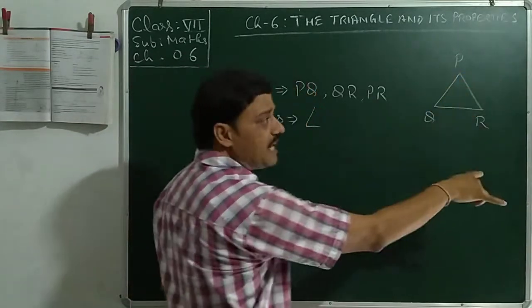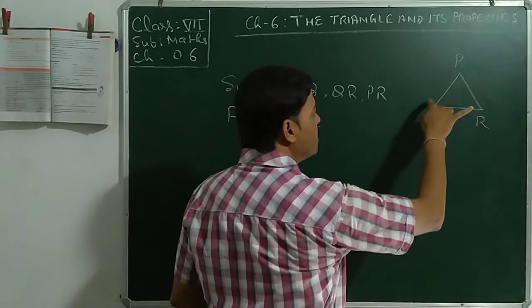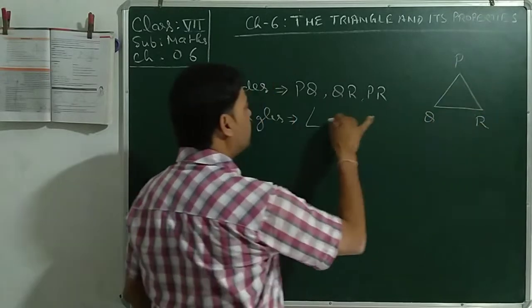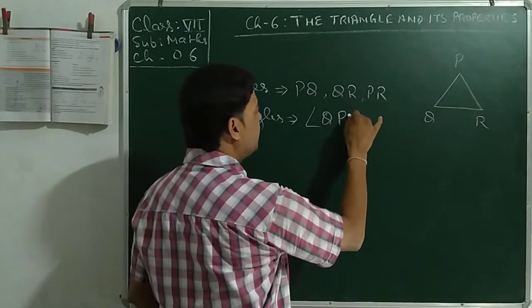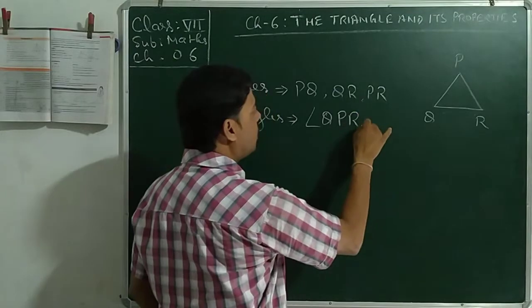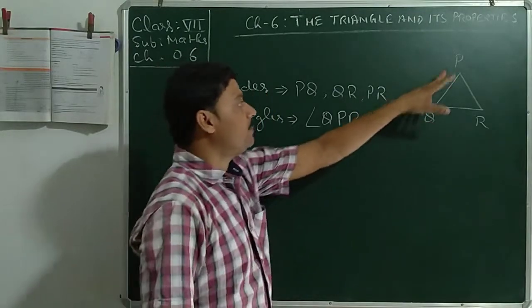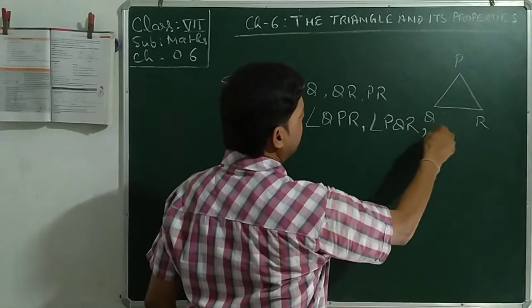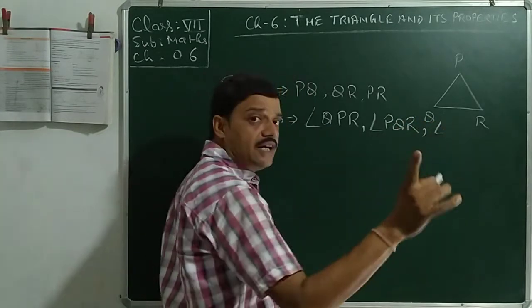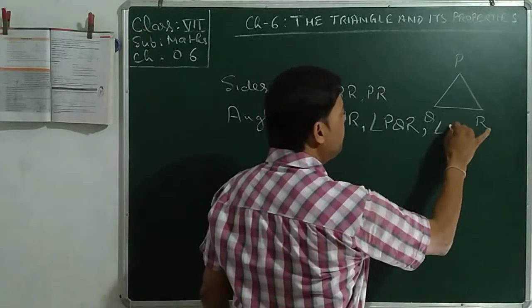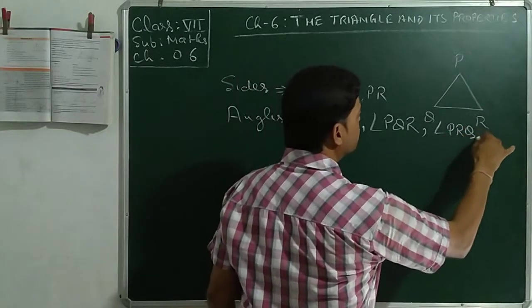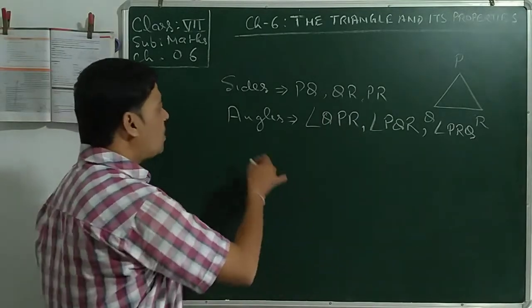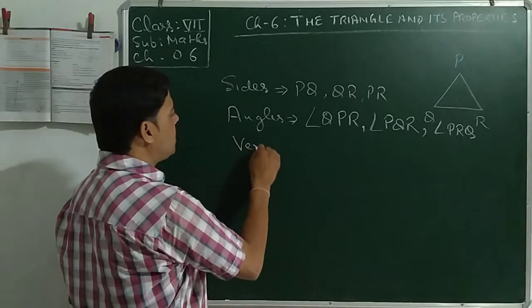if you take this angle, it will be named as RPQ or QPR, whatever you write. Say I am writing here QPR, comma, another angle, this one PQR, and third angle that is angle PRQ. These are three angles of the triangle, or these angles are also known as vertices,